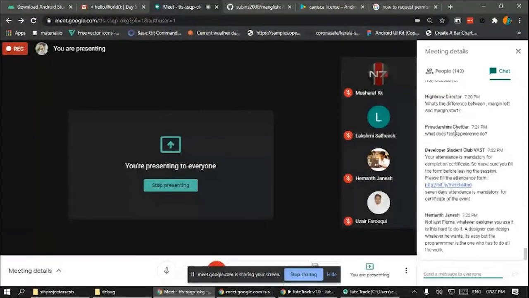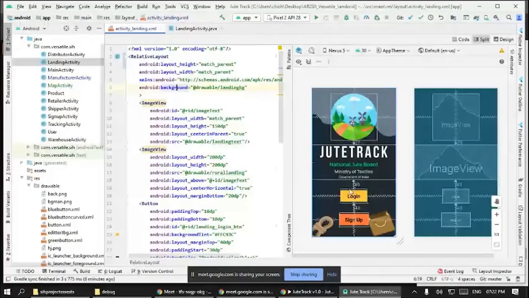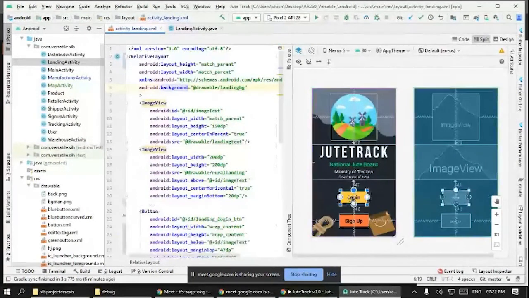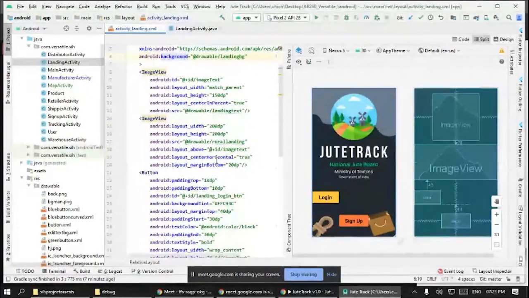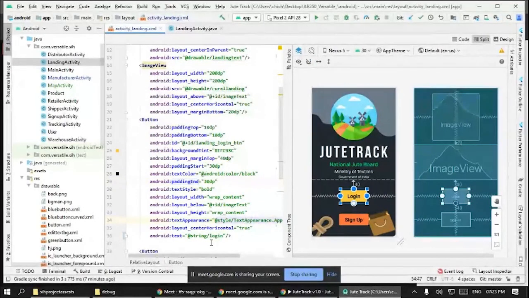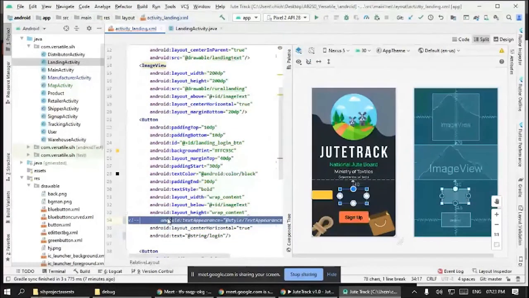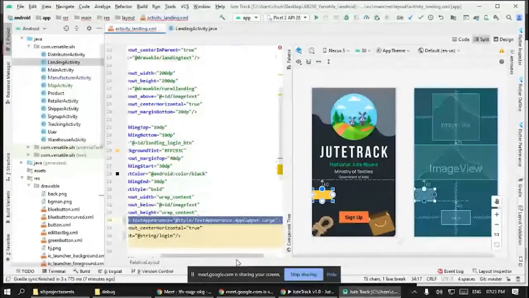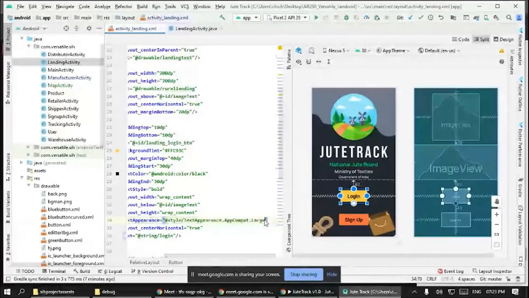What does text appearance do? Text appearance, I will remove the text appearance and show you. Wait, we will go to login. Where's that? Where's that? Okay, where is it? Click here and you will head over to the code part. The text appearance, where are you? Yeah, here it is. If I comment this out, what will happen? I'm commenting this out. See, that did make it worse. That was not what I was expecting.